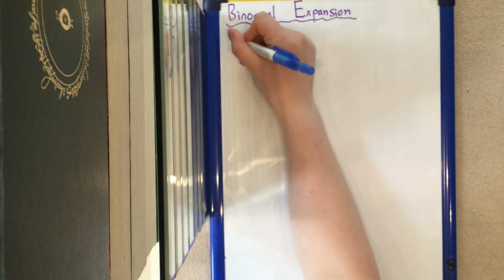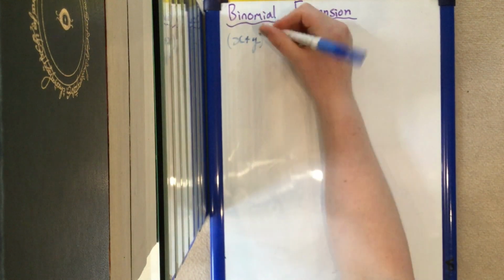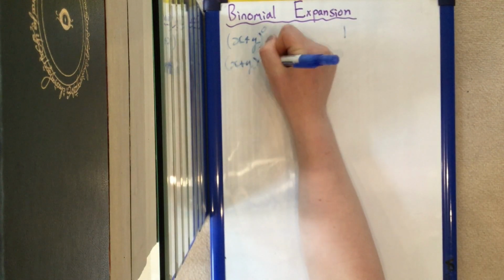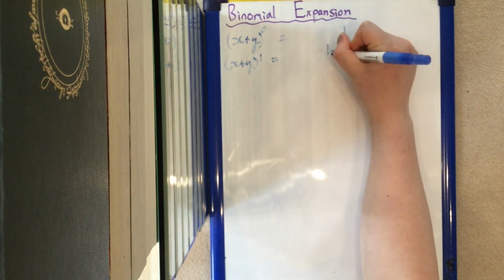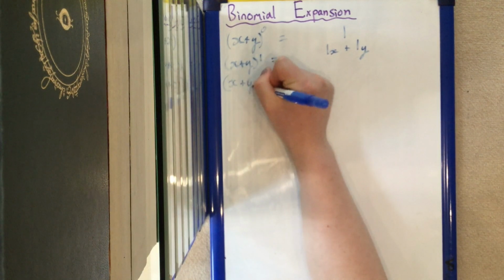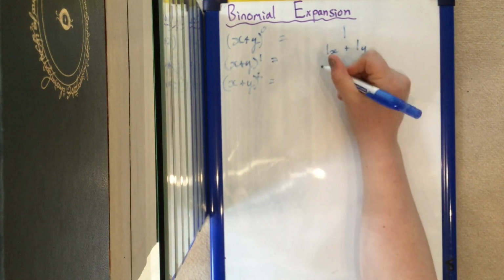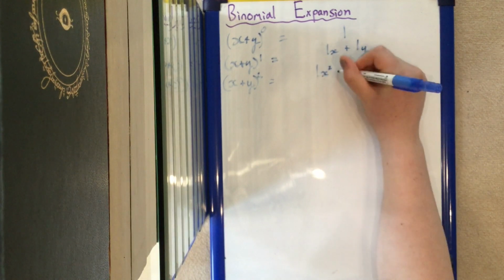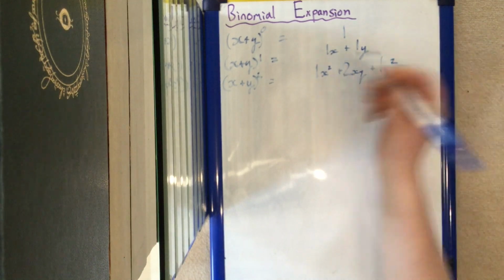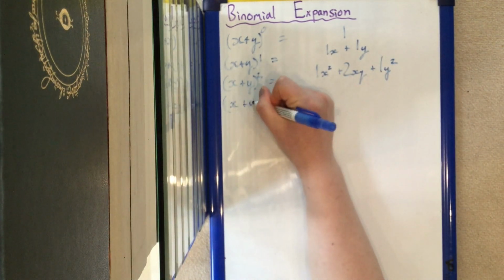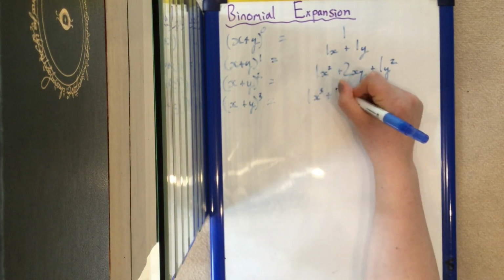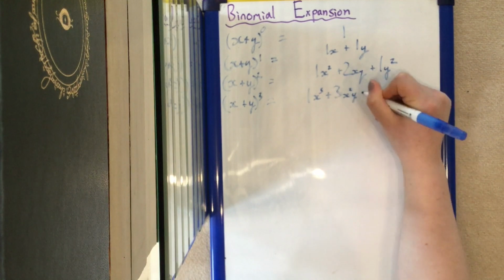So I'm going to start with a bracket of just (x + y)^0, which equals 1. (x + y)^1 is 1x + 1y. (x + y)^2 gets me 1x² + 2xy + 1y². I'm going to continue this with (x + y)^3, which gets me 1x³ + 3x²y +